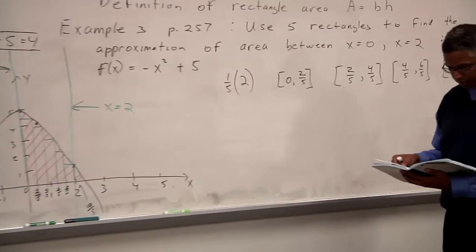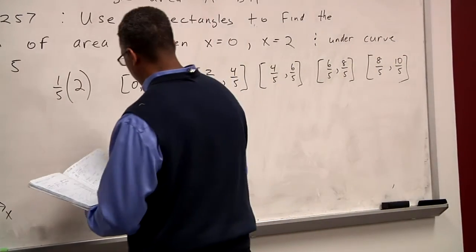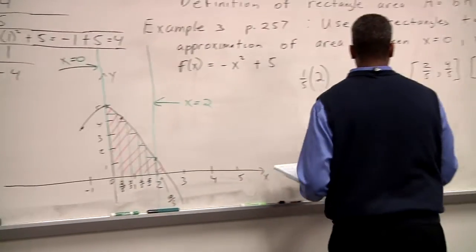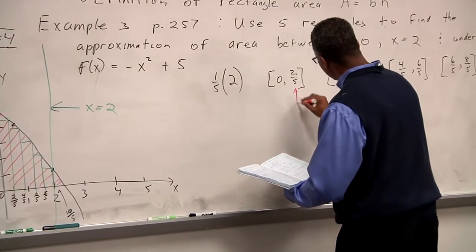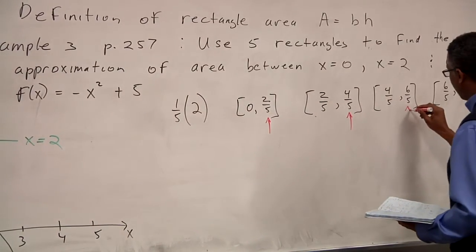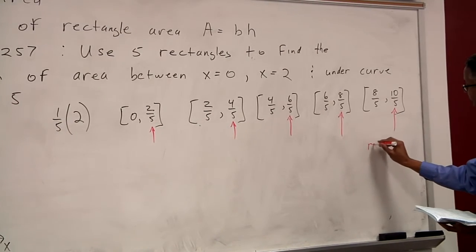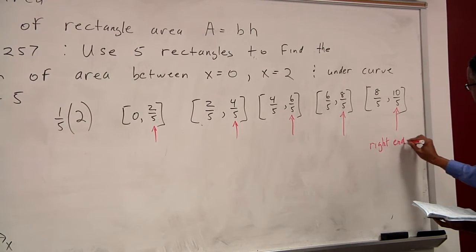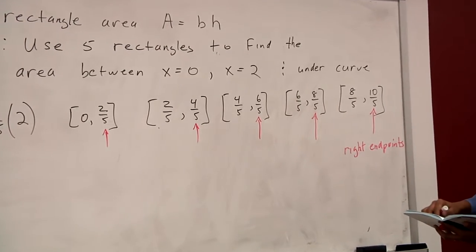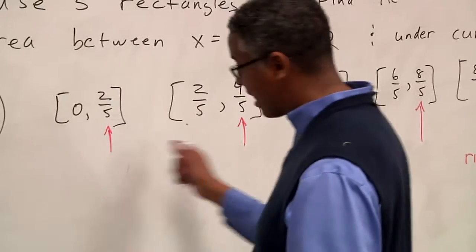And so now we're going to recognize that we're going to evaluate these at what I call the right endpoints, okay? What I mean by right endpoints is we're going to evaluate the function at those endpoints, at the right endpoints. These red arrows are pointing to the right endpoints. That's what those red arrows are pointing to. Okay? And we can think of the set of the right endpoints as